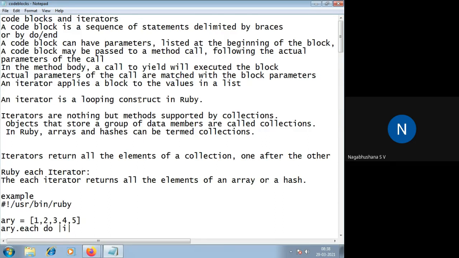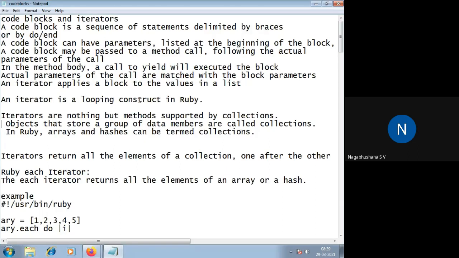These iterators are represented in terms of objects which store a group of data members called collections. In Ruby, arrays and hashes can be termed as collections. Arrays contain objects, that means the values, and hashes also contain objects. What is that object called? It is called a key and value pair.